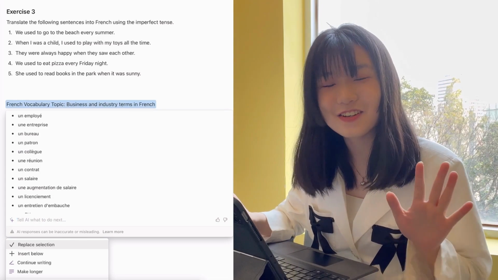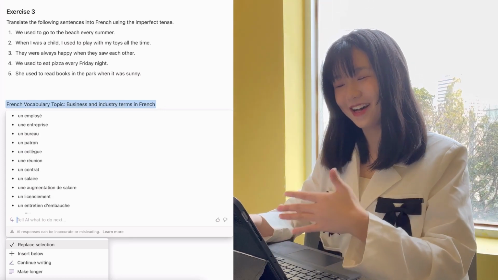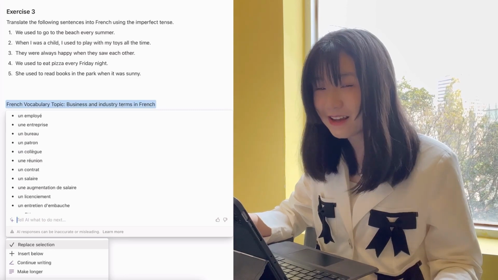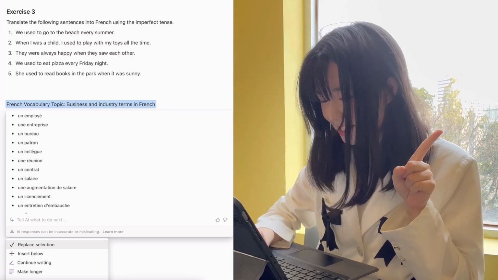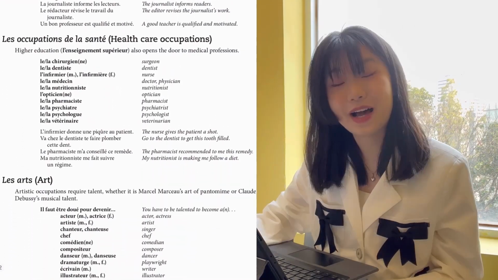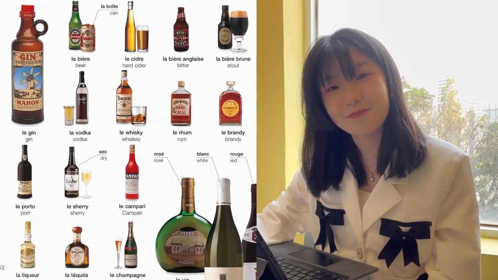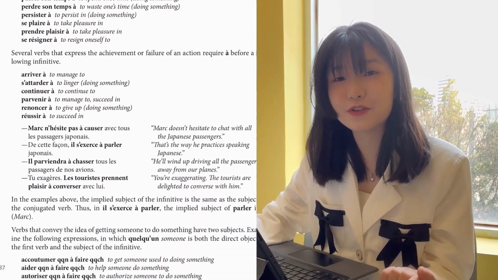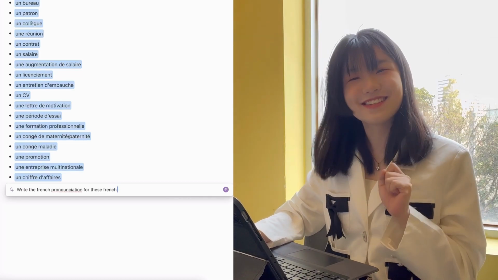Well, because there is no fixed pattern for many French words, just by looking at these words, I cannot pronounce them correctly. So what can I do? Let me show you some tricks. When I was using French vocabulary learning books, I had to check the pronunciation of individual words in a dictionary on my own, and it takes a lot of time. I always feel discouraged because of this. But now, things are different.